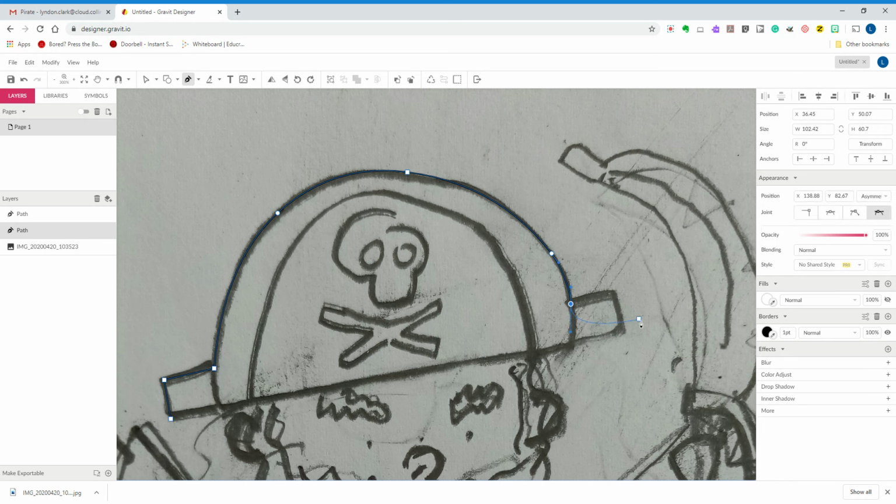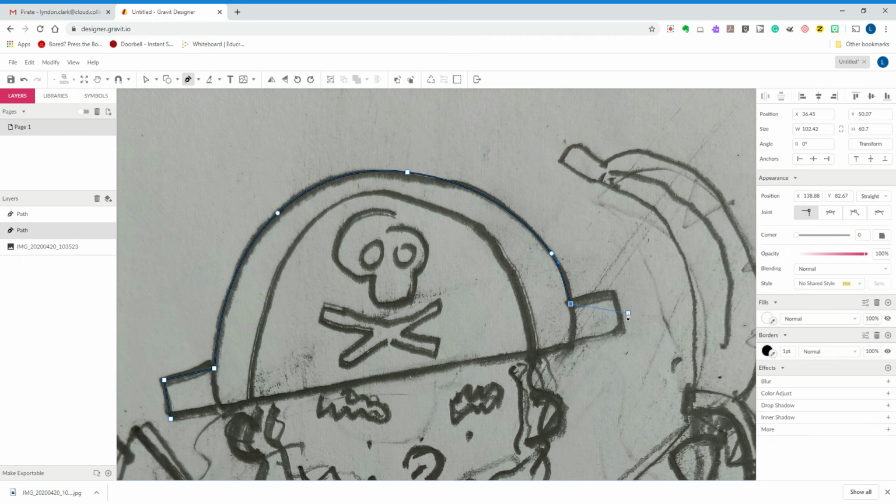Now, what happens here is we don't want to curve right here because it's a straight line. So we need to go over to our appearance over here, and we need to click on this part where it says joint, and we're going to go straight. And what you may notice is it may make your curve line go a bit funny. So here it goes quite straight, the line. We'll go back and we'll fix that later. Don't worry about that. So I'm going to finish my shape, click here,